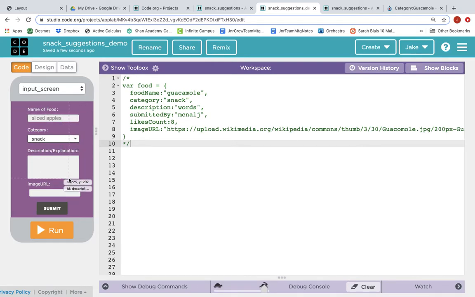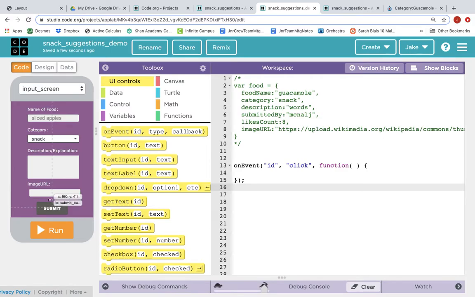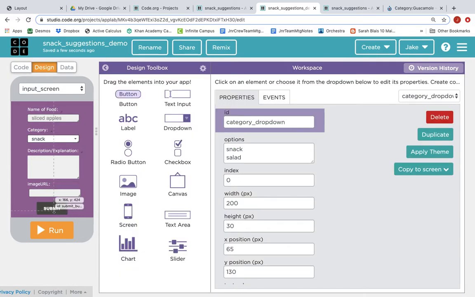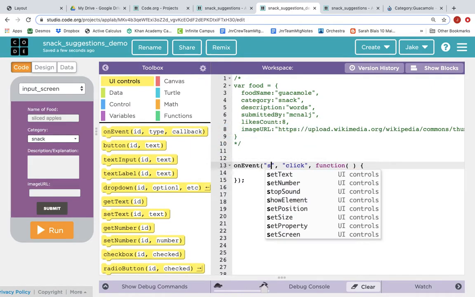The user is going to type in here or select the drop down, then they're going to click submit, and it's going to create a record in the database. So if we're getting information from the user, the first thing that we need to do is an on event. And we'll wire up this button, the submit button, so that when they click it,